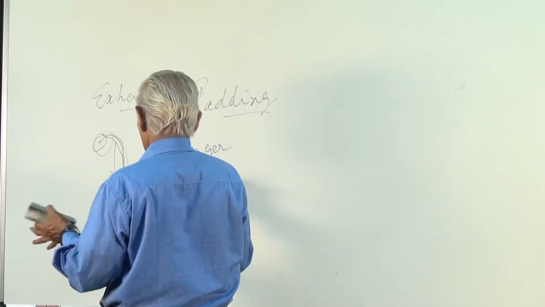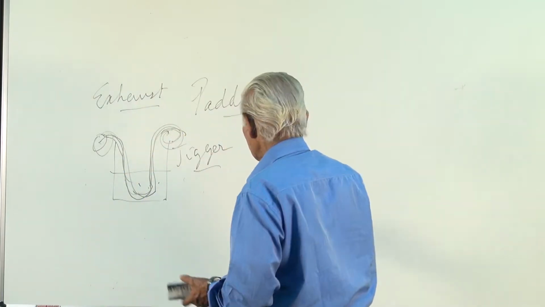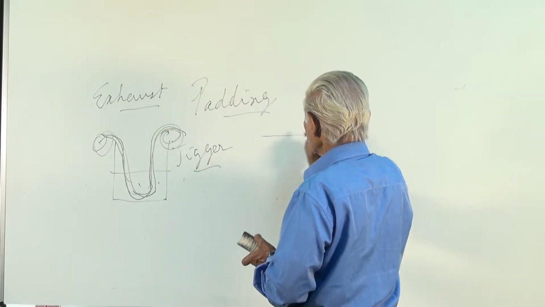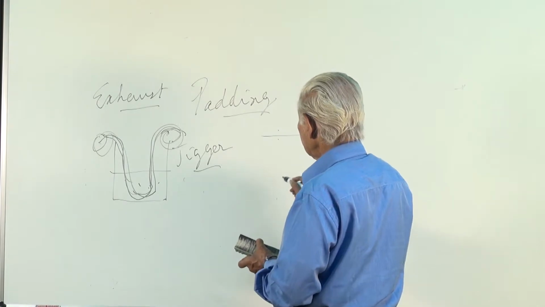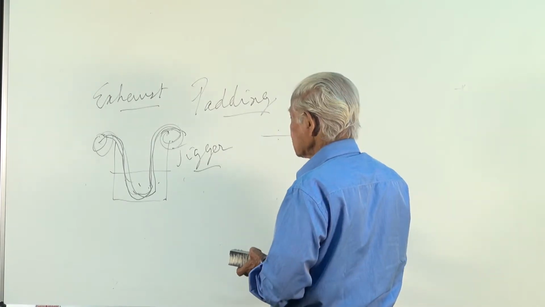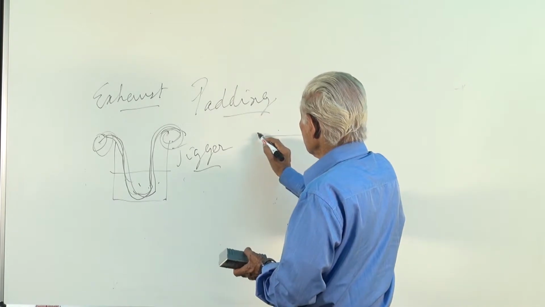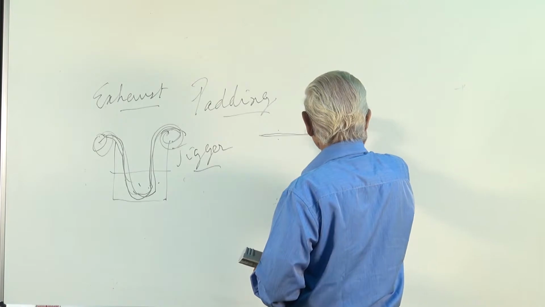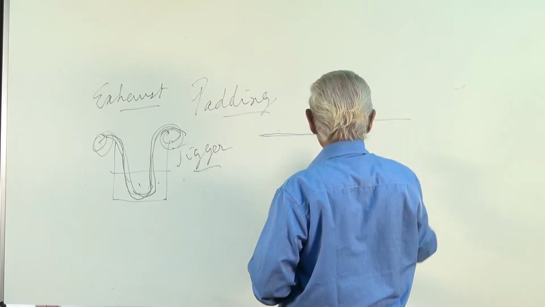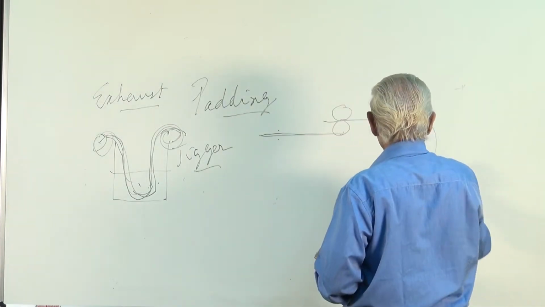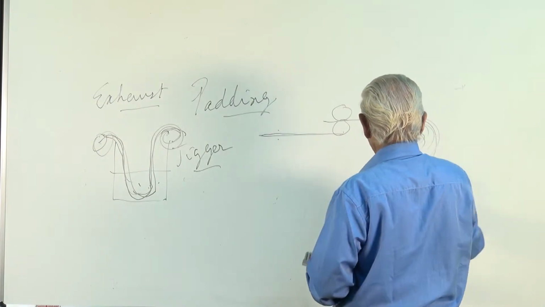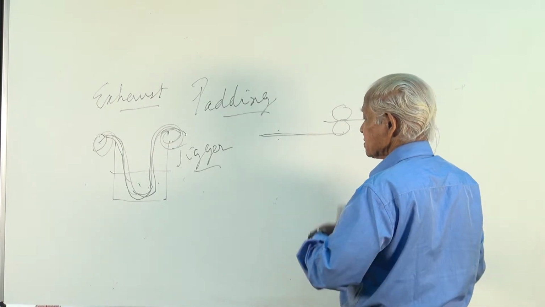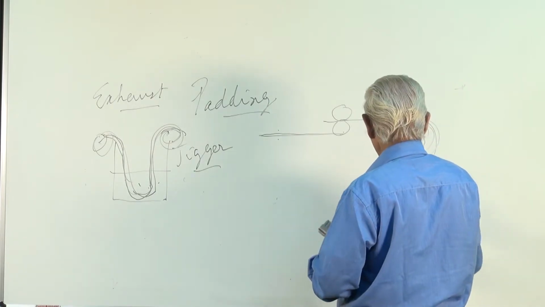Like that, 3 to 4 rounds are done and the material gets the dye. What is padding? In padding, we prepare a solution consisting of the dye and this exhausting agent also. Then it is impregnated in that solution and passed through 2 rollers to squeeze out the excess moisture, and it is wrapped and kept for about 16 hours, during which time the dye is made to develop and penetrate the